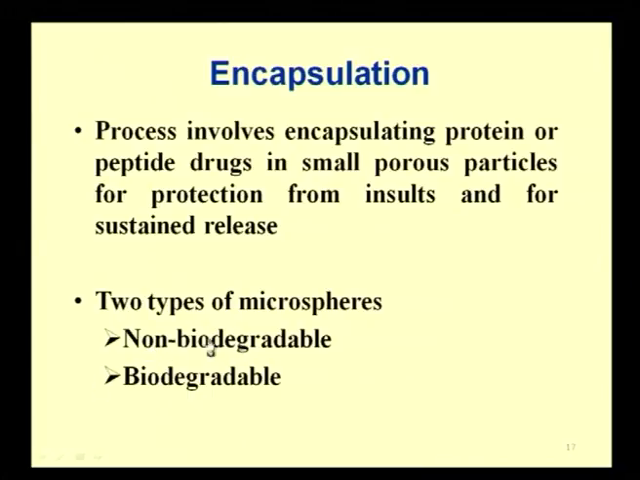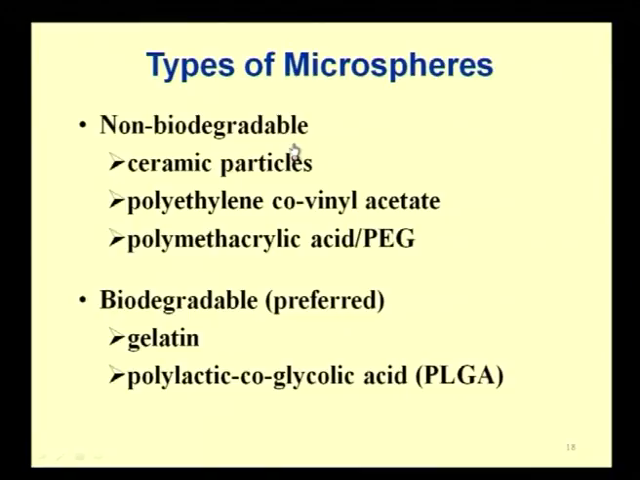Now, there are two types of microspheres that are being basically used in such applications. One is called the non-biodegradable system, the other one is biodegradable systems. Non-biodegradable systems are the methods where you make use of non-biodegradable materials like ceramic particles, polyethylene co-vinyl acetate, polymethacrylic acid, polyethylene glycol combinations. All these are examples of non-biodegradable microspheres, but the most preferred and the important ones are biodegradable